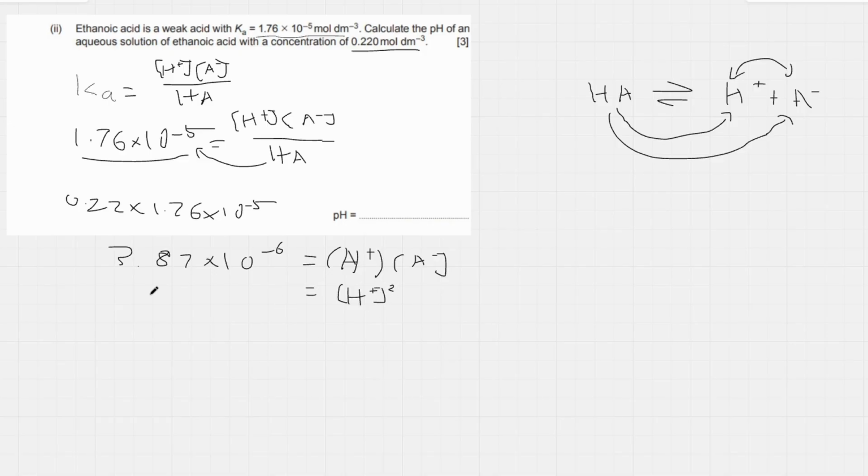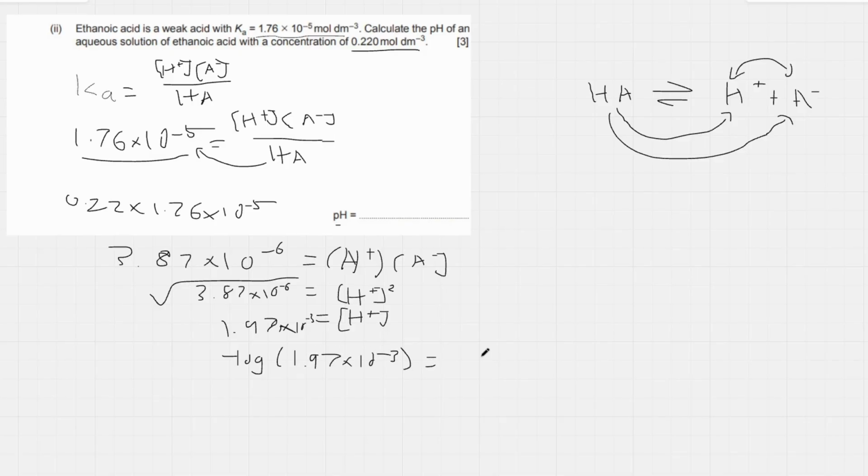And so if we just square root 3.87 times 10 to the minus 6, we get a value for H plus, which is equal to 1.97 times 10 to the minus 3. And obviously this is the concentration of H plus, and to find the pH, because it asks for the pH here, we can just minus log 1.97 times 10 to the minus 3, and this value is 2.7, and that seems about correct for a weak